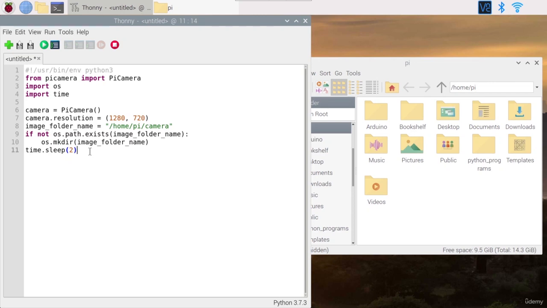Okay, so if you want to have a correct picture when you take the picture, make sure you wait at least, let's say, 2 seconds. So you create the camera, you set the settings, you create the folder, and you wait for 2 seconds, and then you